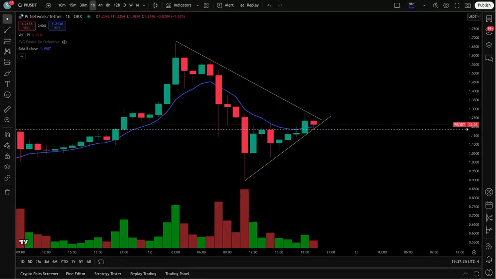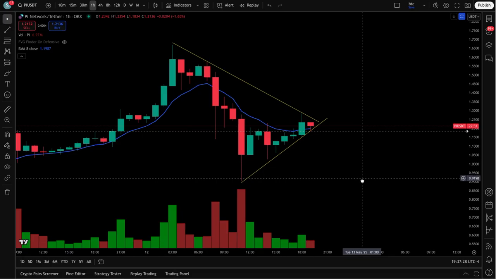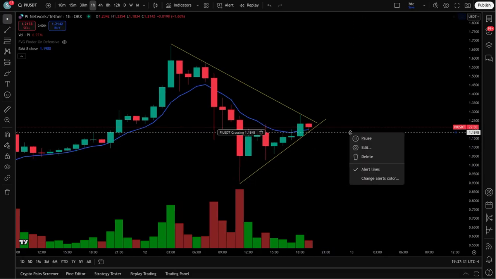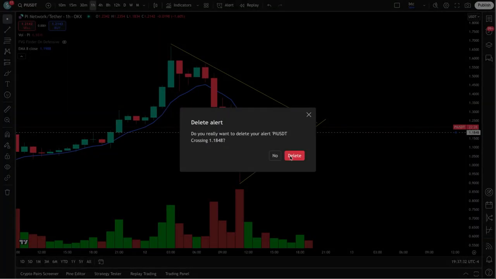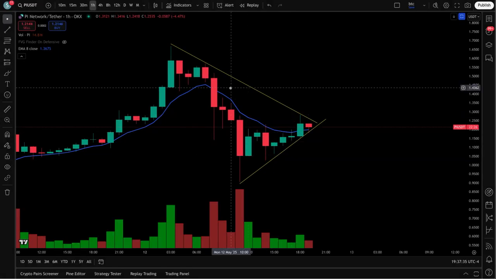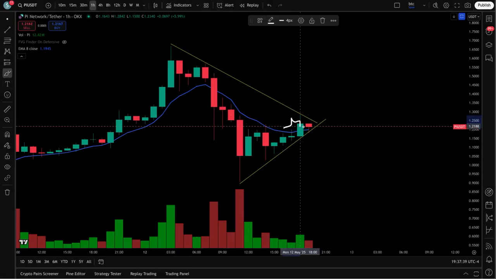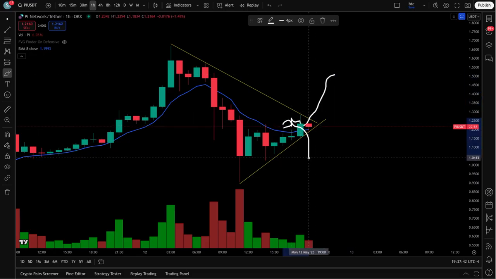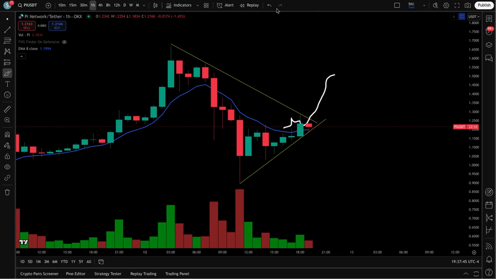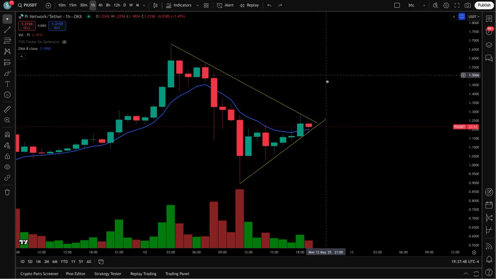High network. I thought I'd better start covering this thing. It's in the top 20 now, and got a nice setup starting here. I just put this over in Discord for a trade. Got a nice setup. We're either going to get this bounce in here and the break, or bounce in here and the break down. So got two nice setups coming here, you know, nice long or nice short.